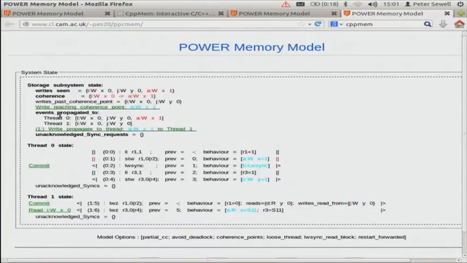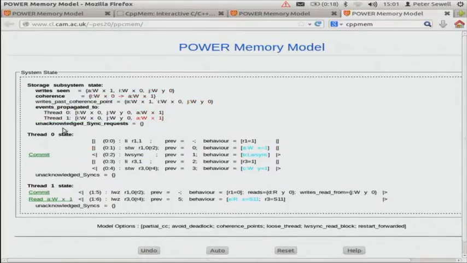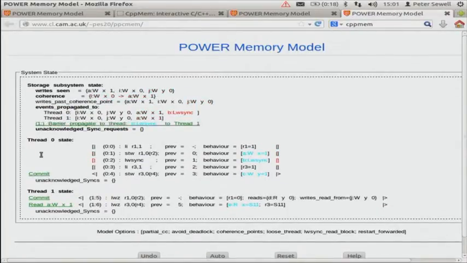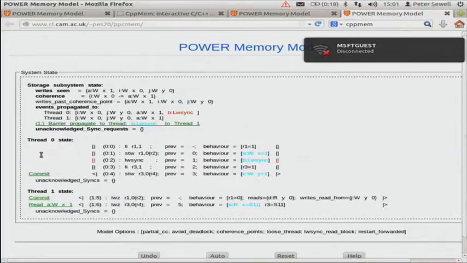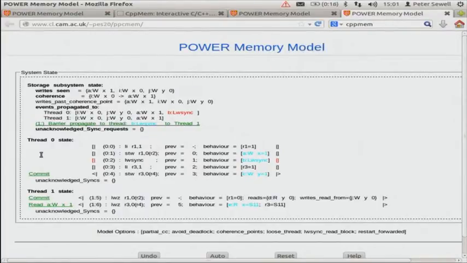Maybe this will be more interesting. I could take that transition, and you can see I can just interactively walk through that and explore what the model means. And the model is a bit subtle, so being able to do that is invaluable. So in fact, we need to do this interactively and exhaustively in order to get anywhere.